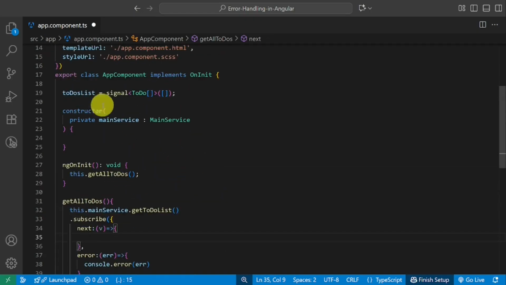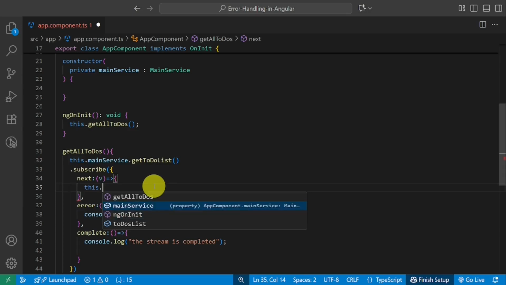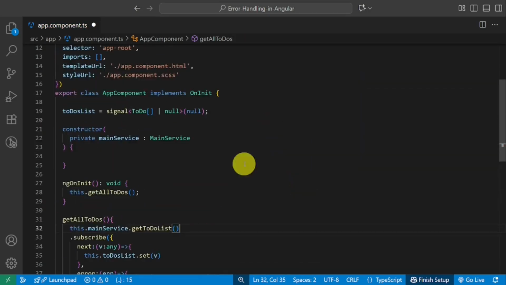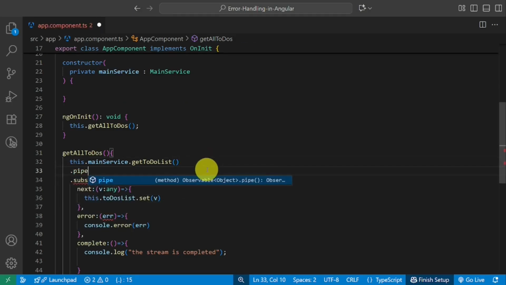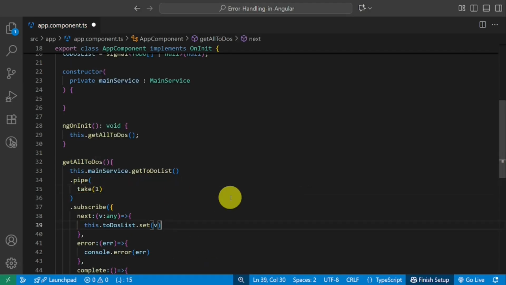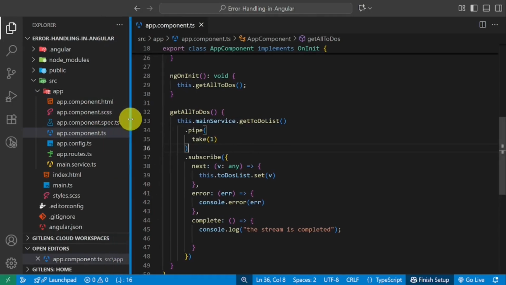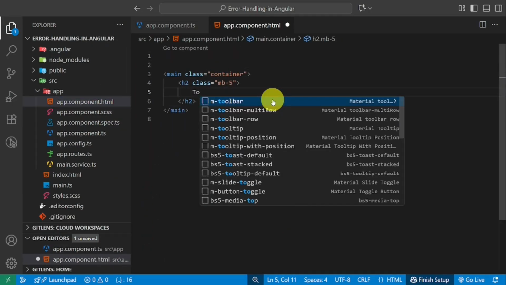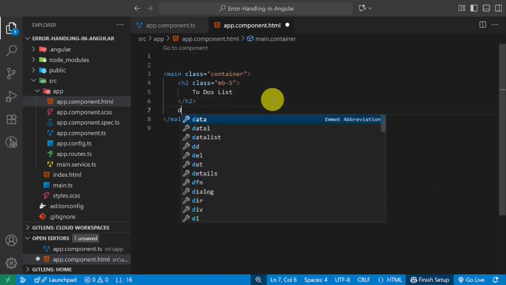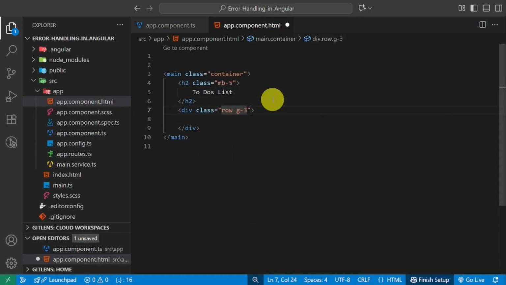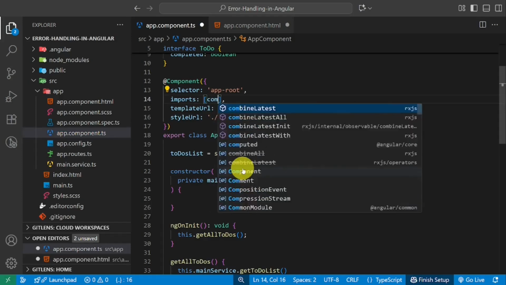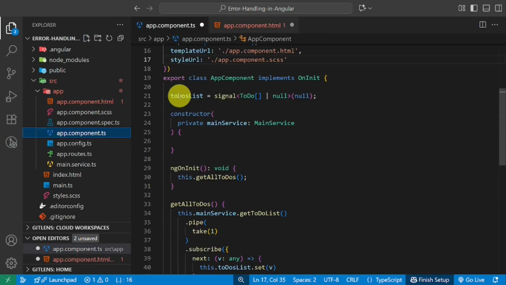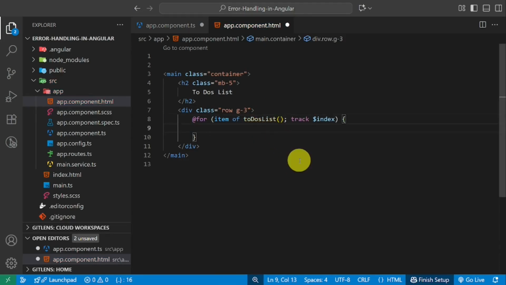Fantastic. Now I assign the todo list to the API response that I get from the server, and I use take for unsubscription. Now in my template, I just use a regular Bootstrap